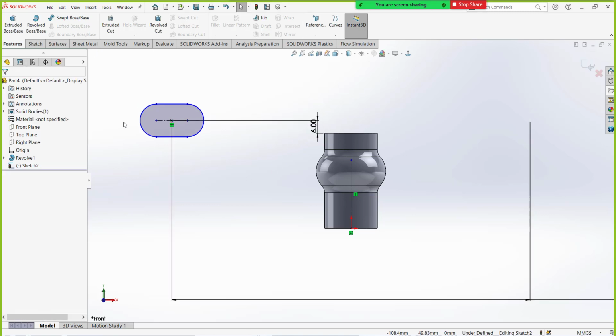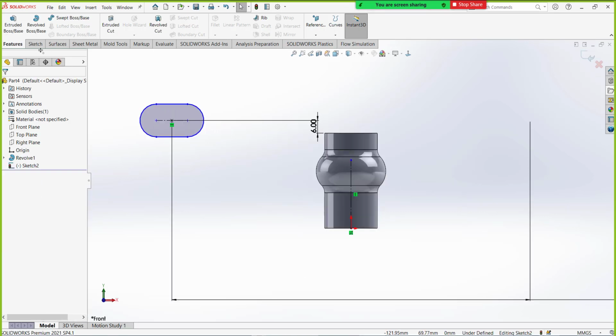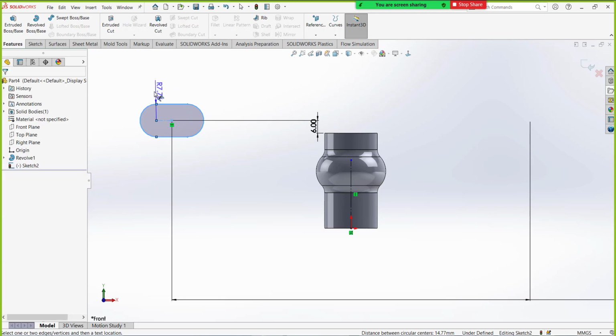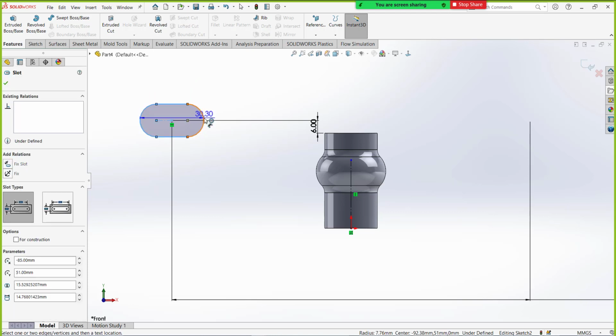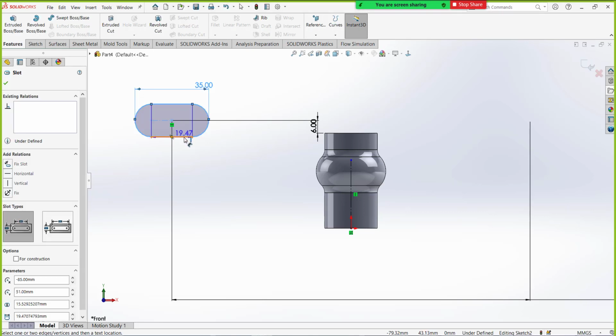Okay, now here I need to add the maximum distance, that is of 30 and 25. So how to do that? If I simply select the smart dimension and select these two arcs, it will take the center to center distance. So if you want the maximum, what you can do is hold the shift, select the two arcs, so it will take the maximum distance. Clear? Yes.